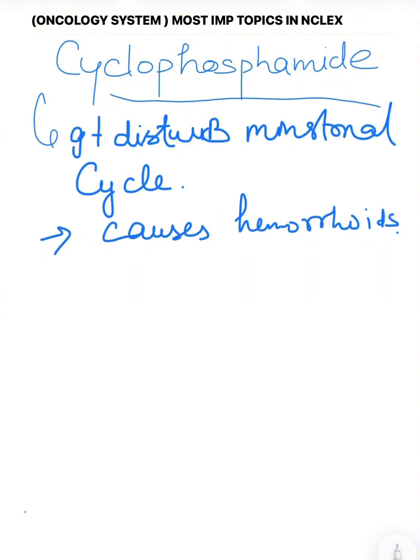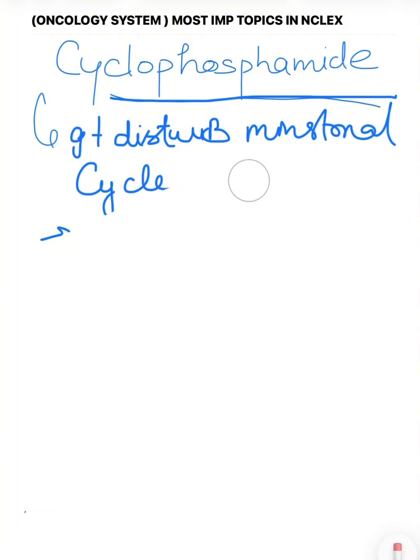And there is one more point. So cyclophosphamide can cause bone marrow suppression. So we have to put the patient on neutropenia precautions, like you already know. So next